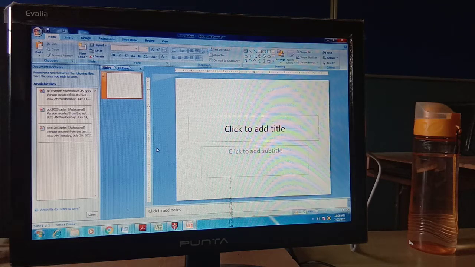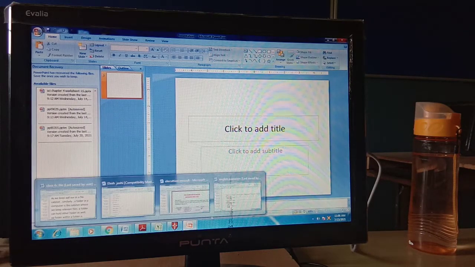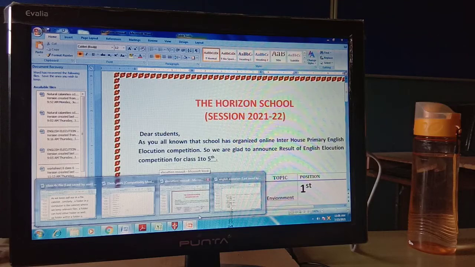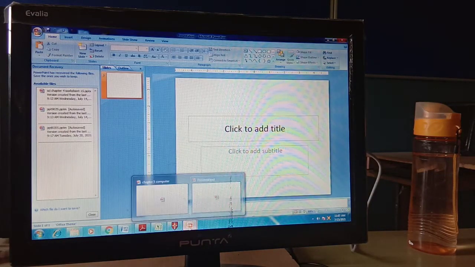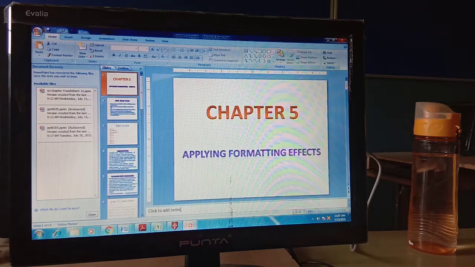you can create your presentation according to your topic. So today I am explaining applying formatting effects. We are revising this chapter. Actually it is already explained in 2-3 videos. 3 videos I have just uploaded for you related to this chapter, and today we are going to learn about the theoretical part and some practical part about it. Some shortcut keys you are going to do with this